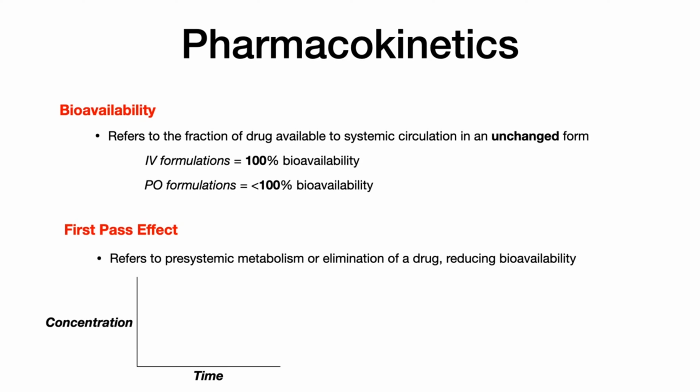So if you give somebody a drug, you'll get an initial spike in concentration, but over time, that concentration will decrease as the drug goes through a series of processes that change its form and basically metabolize and eliminate it. So it's going through first pass effect. Now you can compare that to IV formulations, which I will show on this graph in green, where the concentration starts off incredibly high because it's 100% bioavailable, and over time, that drug, even in its IV form, will be metabolized and ultimately eliminated. So it will go down over time in terms of